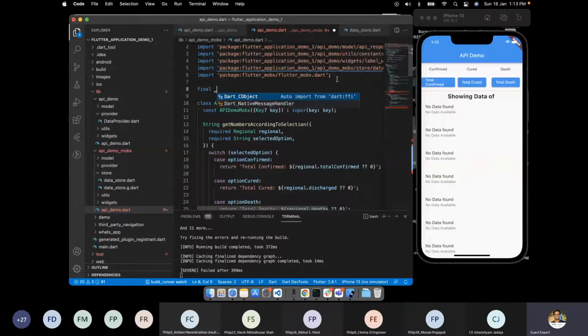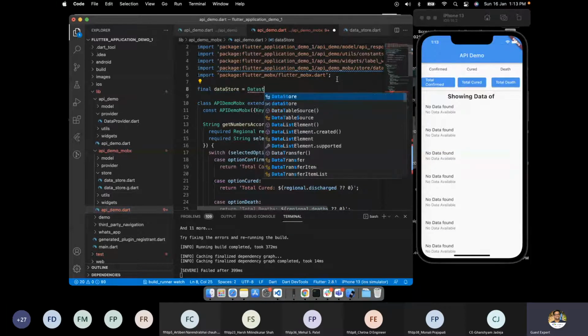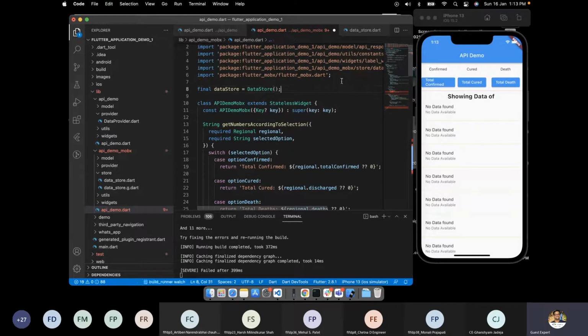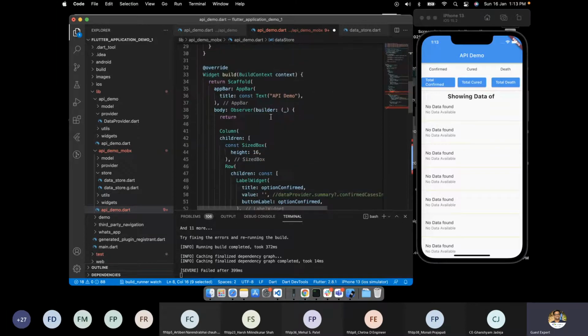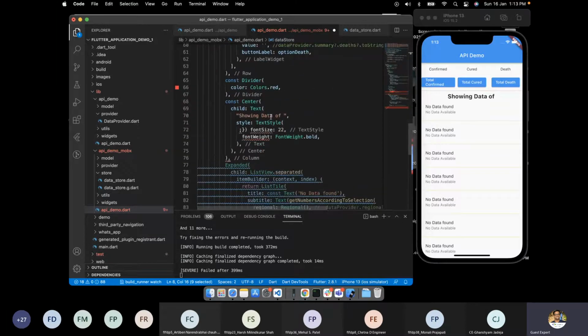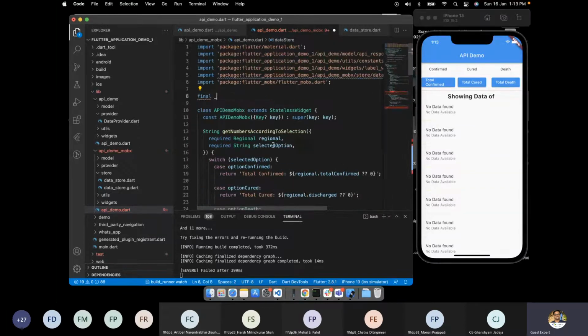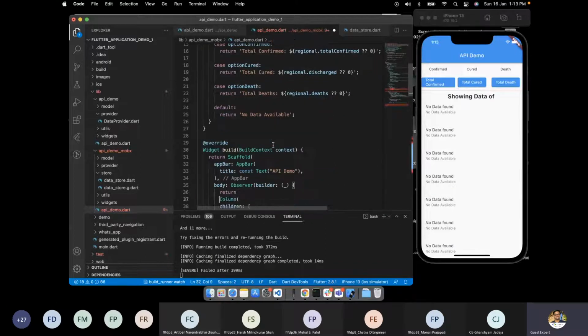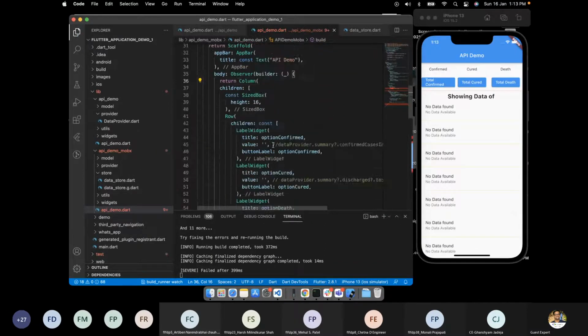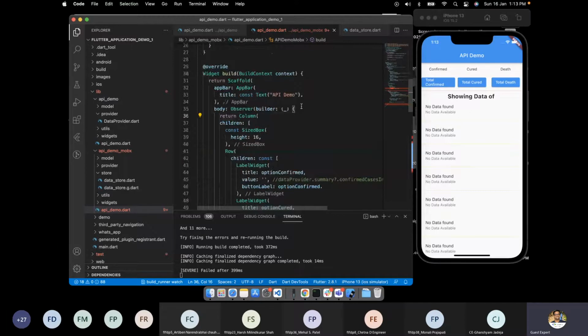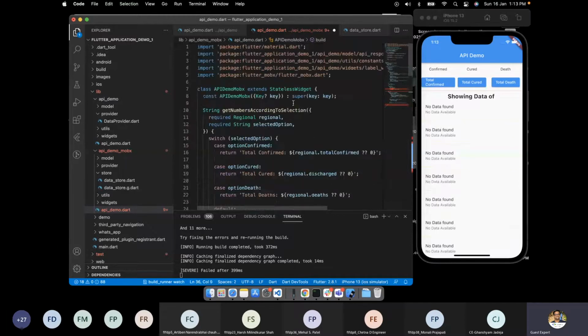I can directly write data store equal to DataStore, like this, and simply use this data store. Hold on, I did some wrong formatting. Okay, here we have this.